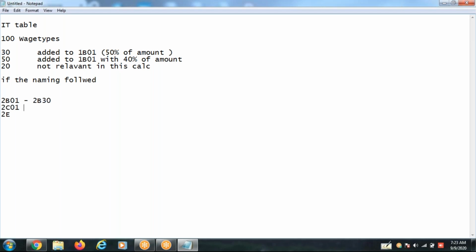This is 2C01 to 2C50, the 50 wage types. This is 2E01 to 2E20. Okay, how do you write the rule now? Tell me.